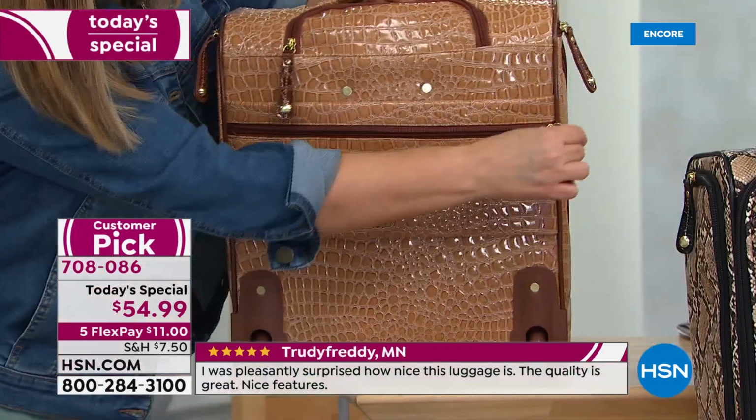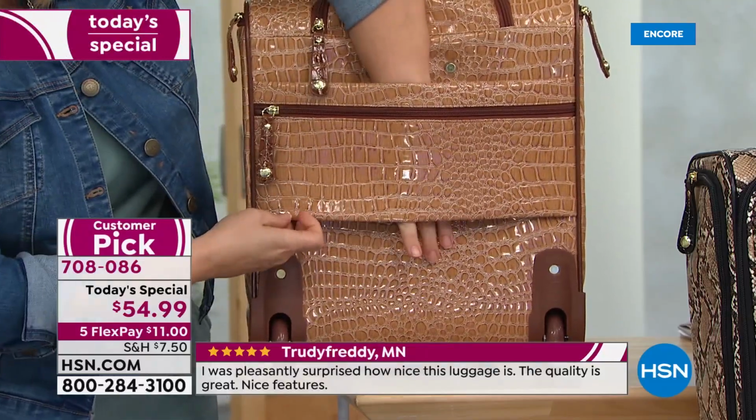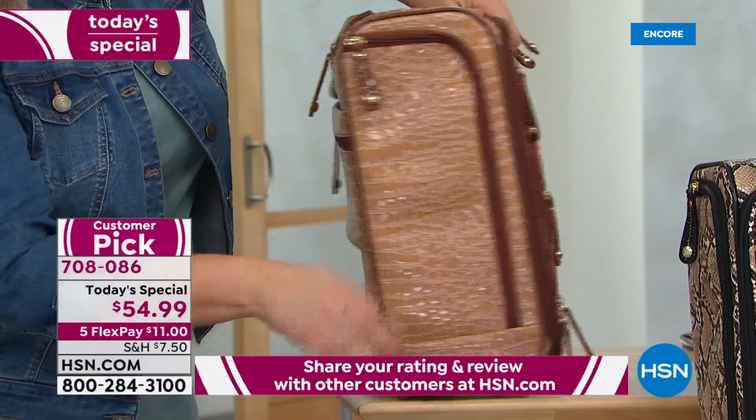If you like check luggage, you can check that luggage and then carry this on the plane with you. But that's a great place for all your travel documents. And again, yeah, you just slide it over your luggage and you're good to go. One of my favorite